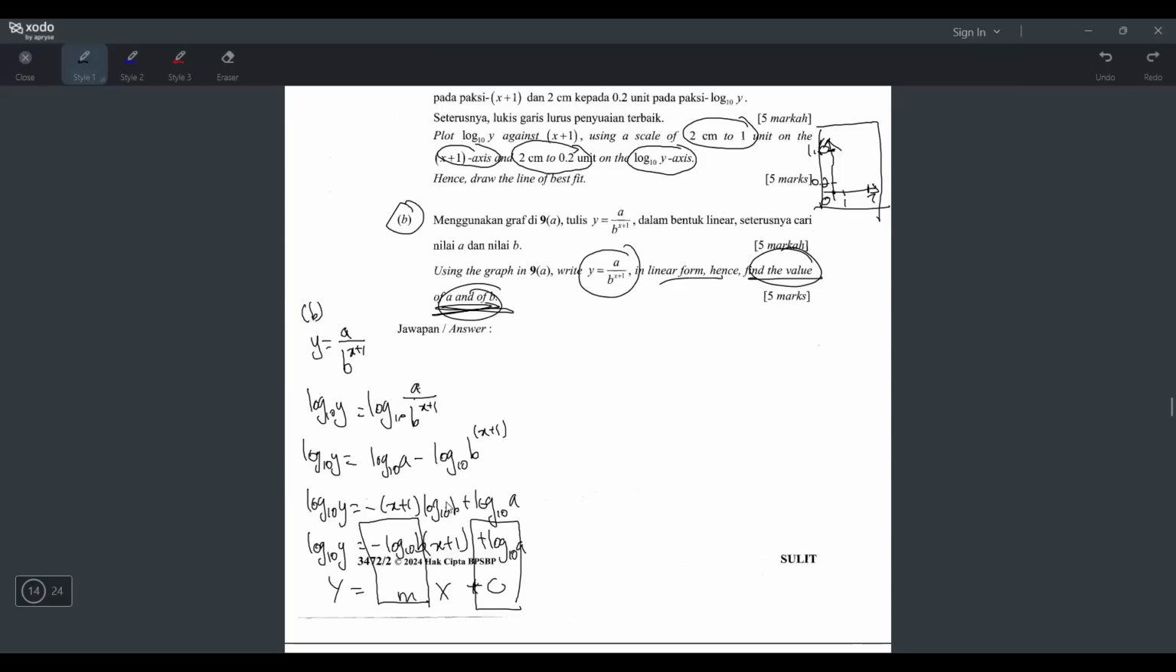So this is the B first part. And then find the value of A and B. Okay, so how to find the value of A and B? You continue from this working. Yeah, you continue from the linear form. So if you want to find value of A and B, you need to use the gradient and y-intercept to